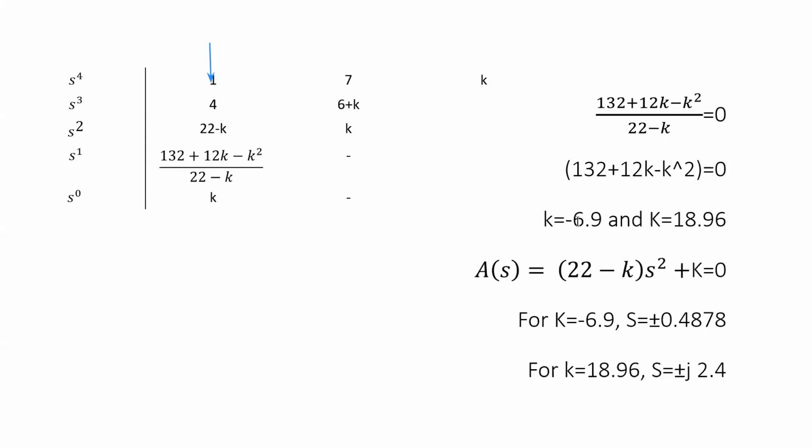K value cannot be negative for marginal stability. It has to be positive. So this is the actual value of K. For the actual value of K, this is whatever we were calculating where the root locus meets the y-axis, the imaginary axis. But what is this value? For a negative K, we get a value on the real axis, so it is not the proper value. So this is a proper value.